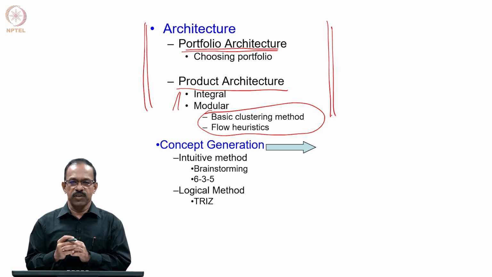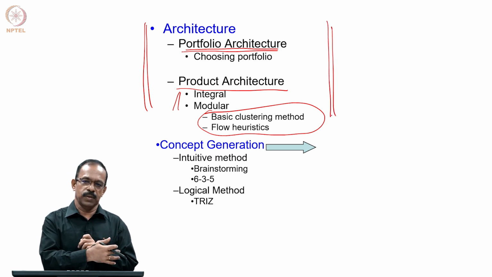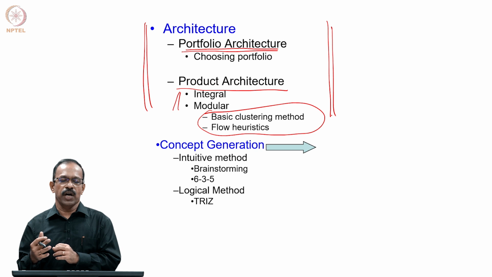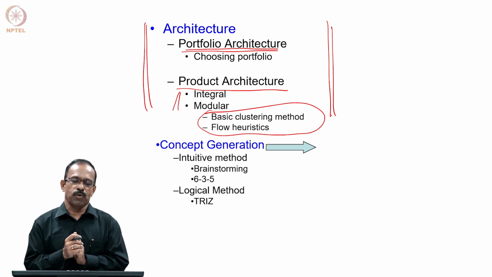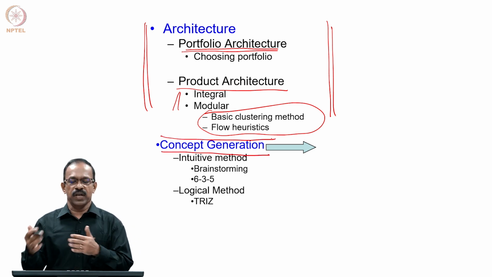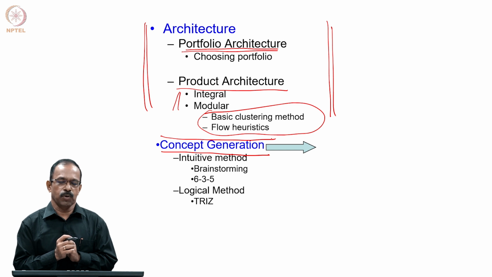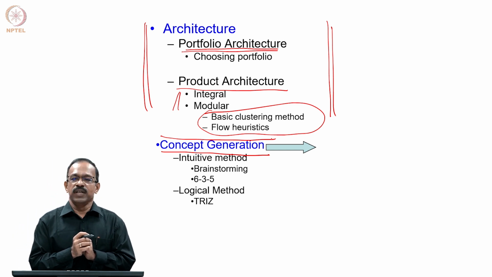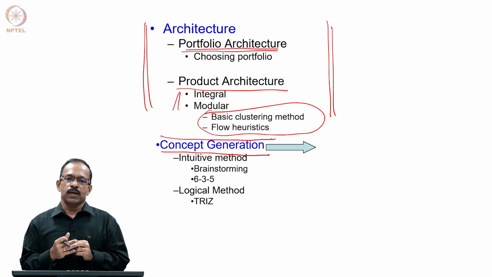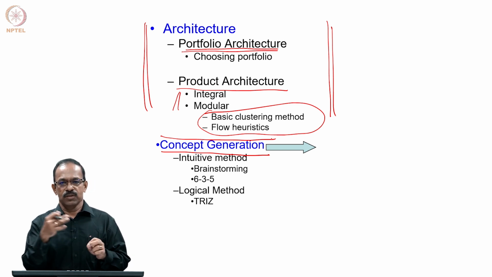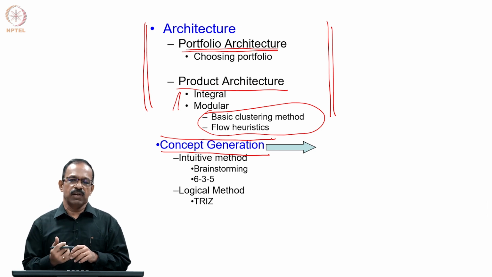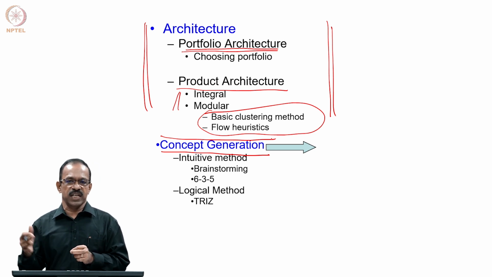And then once we identified the modules or the elements which provide some function, we need to develop concepts to have alternative options for providing that function, and that is basically the concept generation stage, which is more of a creative process. And we saw that for concept generation we need to have a large number of ideas to solve a problem. You have a particular function to be solved, then we need to develop many ideas to solve it, and these ideas can be developed using systematic idea generation exercises.